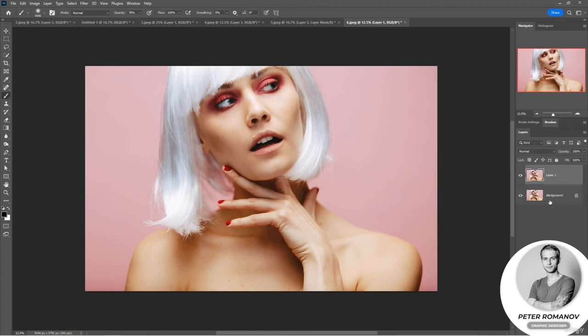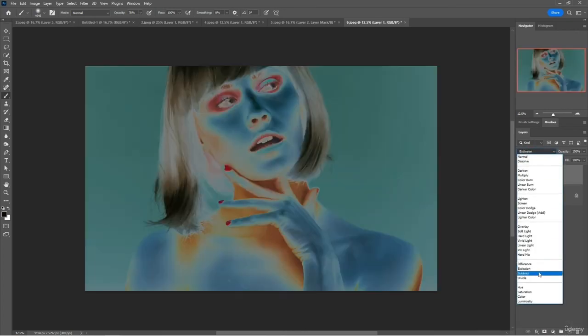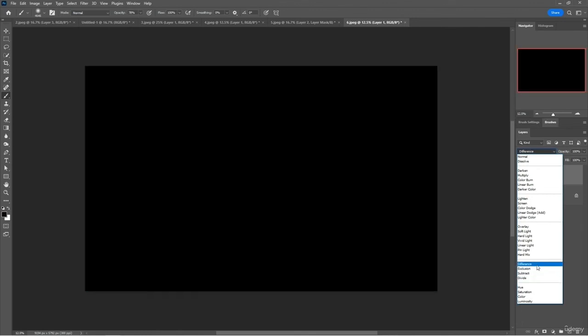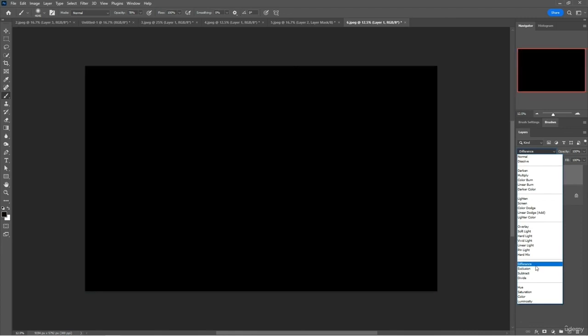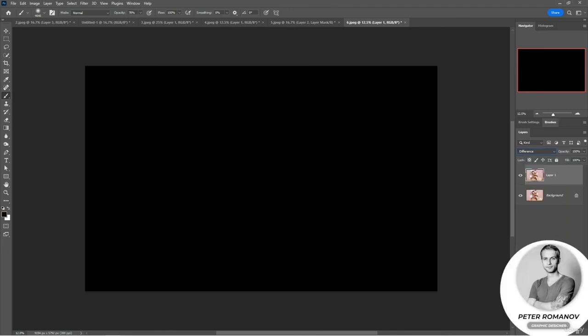This group is used quite rarely, but still we will talk about it. When pixels of one and another layer are combined, a black color is obtained. It happens if pixels are absolutely identical. Let's apply difference mode. What does this give us? Look, the pixels of one layer completely coincide with the pixels of the other layer, and we get a perfect